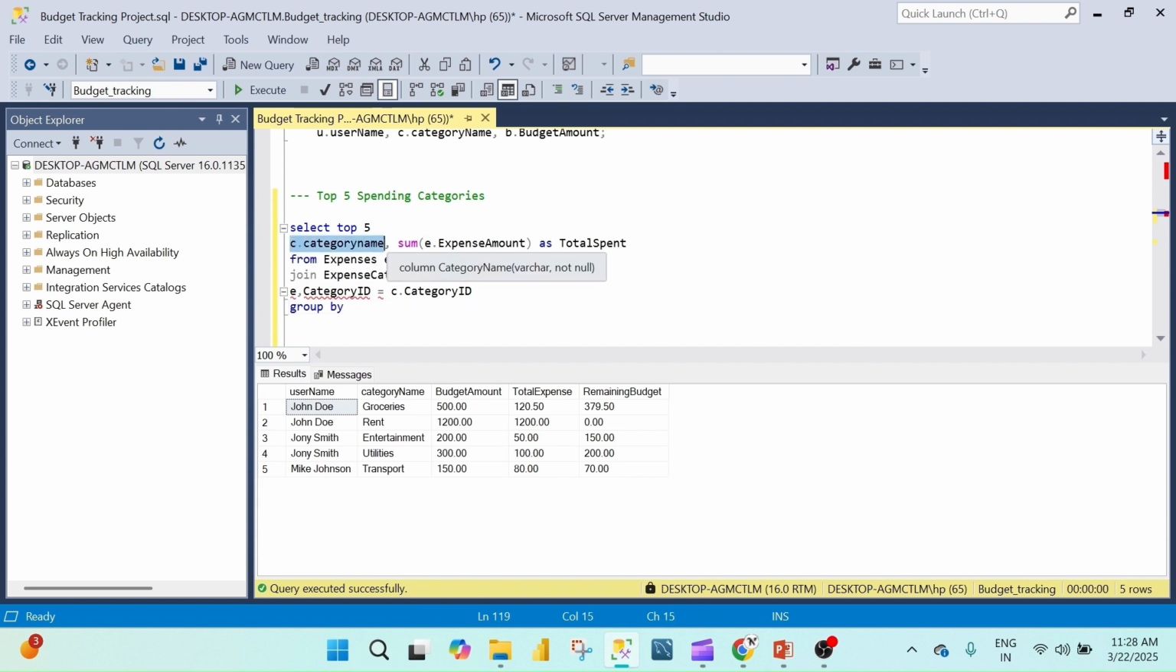Next scenario is calculate top 5 spending categories based on the total amount spent. Let's dive into the query and understand the results it produces. Select top 5 C.CategoryName, sum(E.ExpenseAmount) as TotalSpent